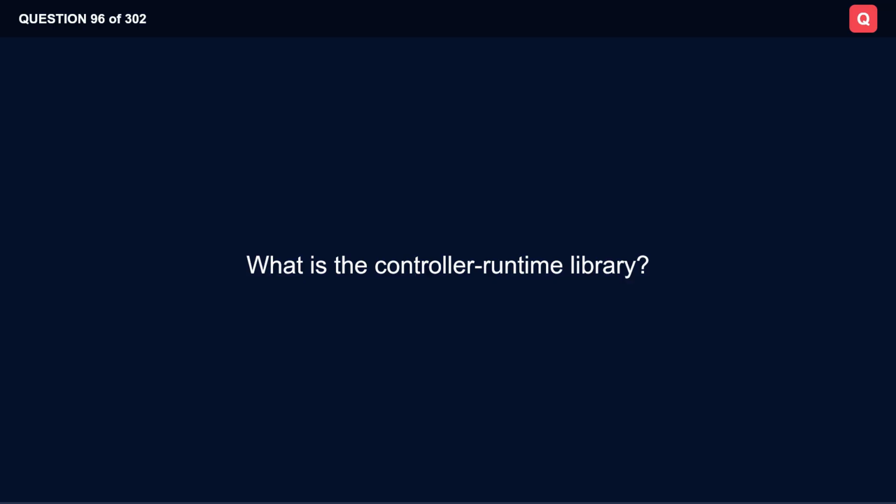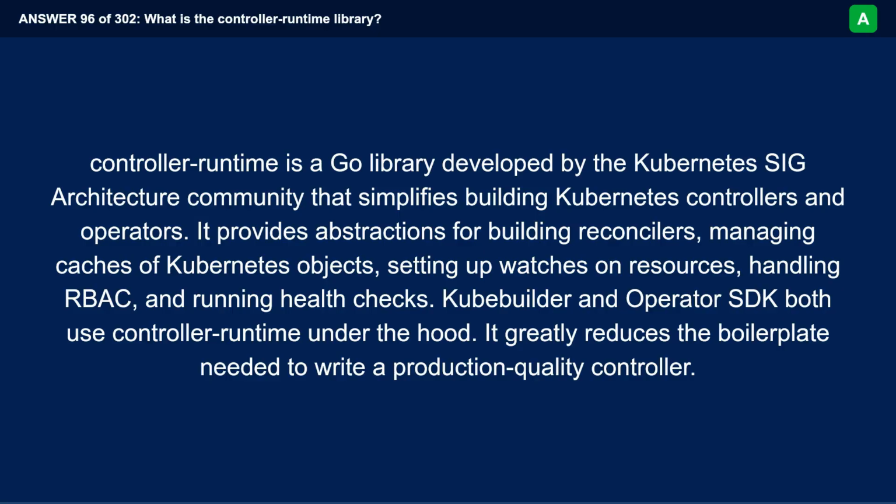What is the controller runtime library? Controller runtime is a Go library developed by the Kubernetes SIG architecture community that simplifies building Kubernetes controllers and operators. It provides abstractions for building reconcilers, managing caches of Kubernetes objects, setting up watches on resources, handling RBAC, and running